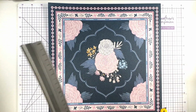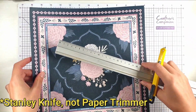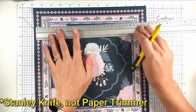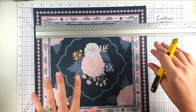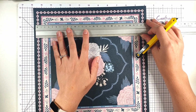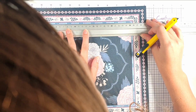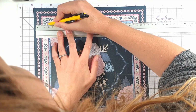So the first thing that I'm going to do is take my metal ruler and my paper trimmer and just trim off the border, because I think that we can use that in sections. It's not very easy to use for a card as it is. You could obviously use a paper trimmer for this if you wanted, but because I want to be very accurate and want to see what I'm doing properly, I'm going to use my Stanley knife and my metal ruler today. And it's very easy to do. I'm just